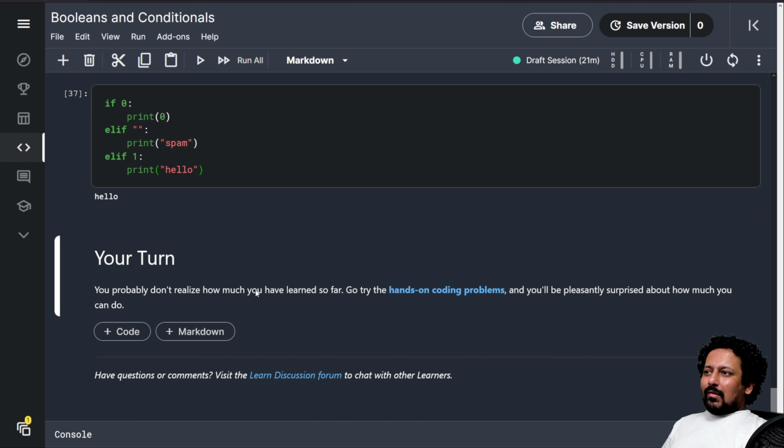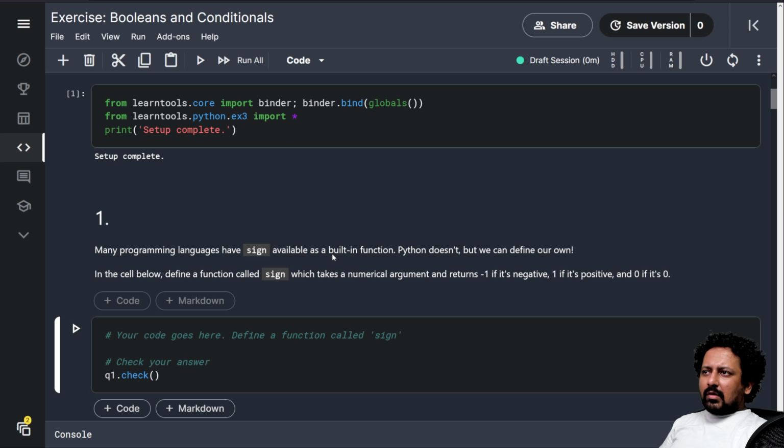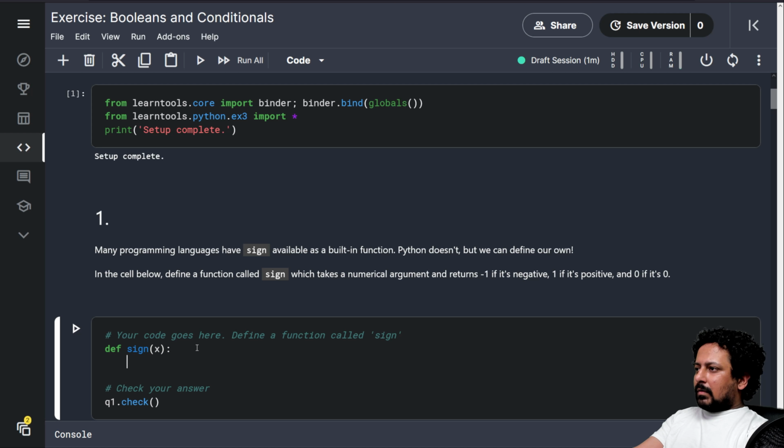So now we can go to the exercise. In the exercise, the first one is many programming languages have sign available as a built-in function. Python does not, but we can define one. So it is asking you to create a function called sign that takes a numerical argument and returns -1 if it's negative, 1 if it's positive, and 0 if it's 0. So this is something that we have already done. So we start defining a function by writing def and then sign and take an argument x, let's say,